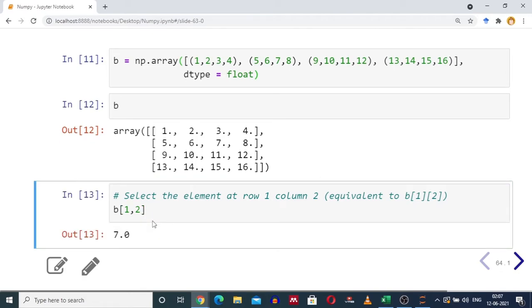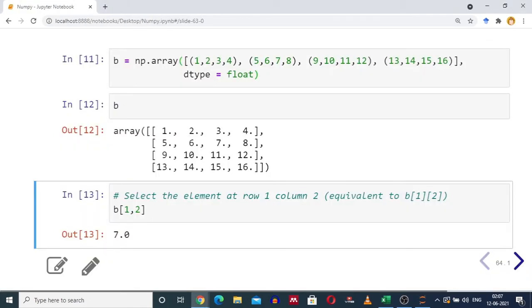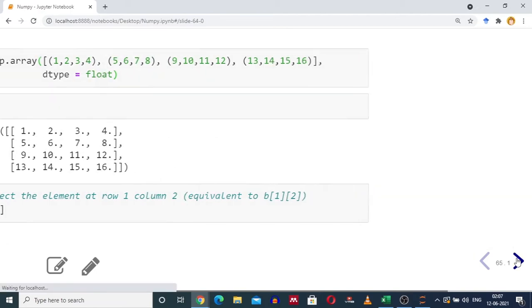Output is 7. Let's cross check. The element at row 1 and column 2 is 7.